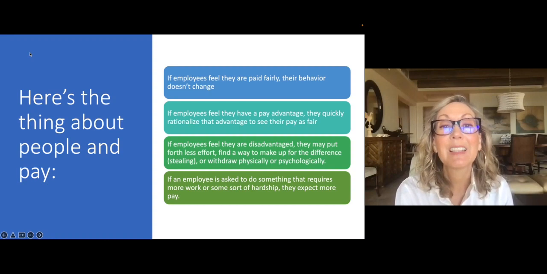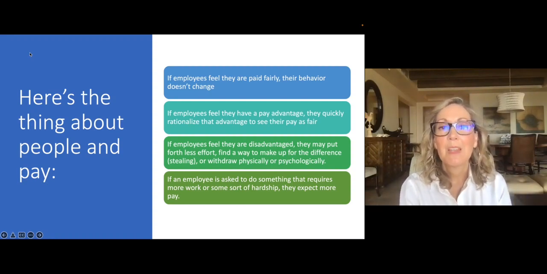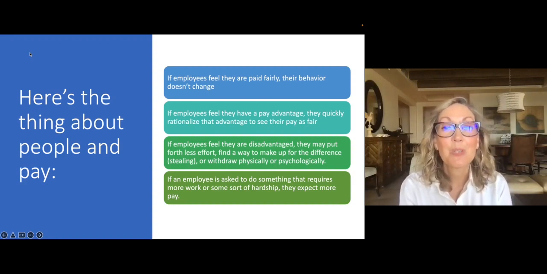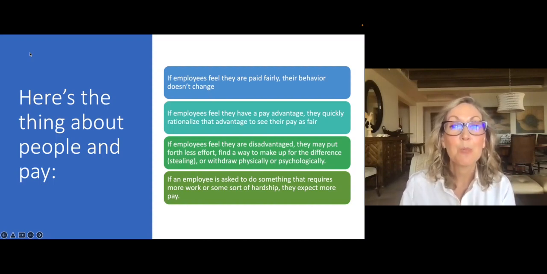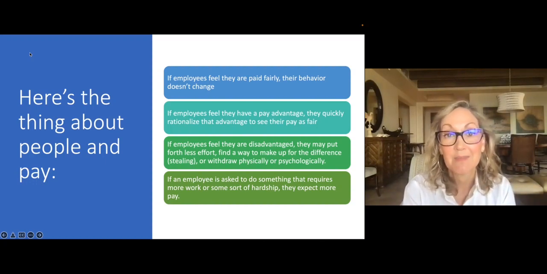If you feel like you have less, you are underpaid, you're disadvantaged in some way, then according to equity theory, you try to adjust that input to output ratio. So if I feel like my outputs are not up to my level of inputs, maybe I'm just going to give a little bit less. My effort's going to go down. I'm going to show up a little later. And I can rationalize it every time and say, well, they aren't paying me enough anyway. So I don't care if I'm a little late. Or I don't care if I just kind of slack off and take a longer lunch.